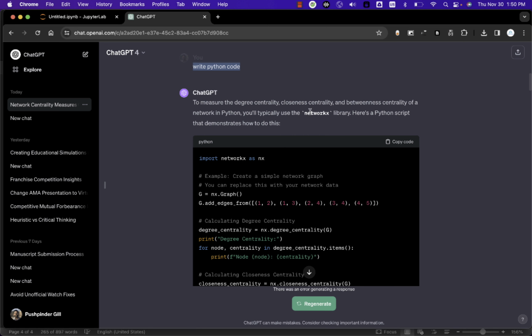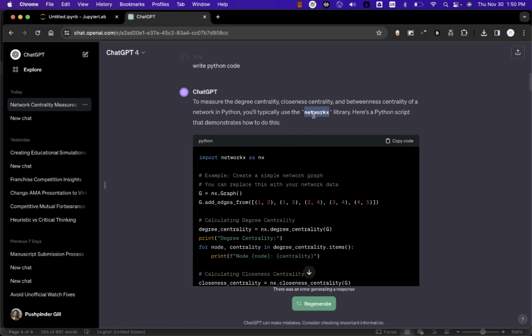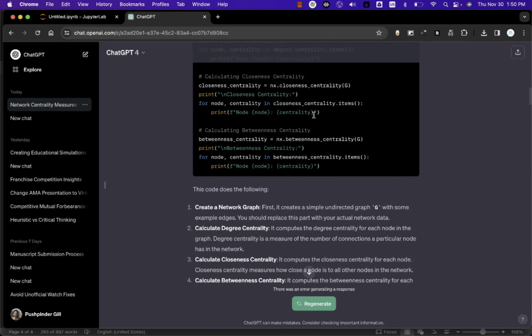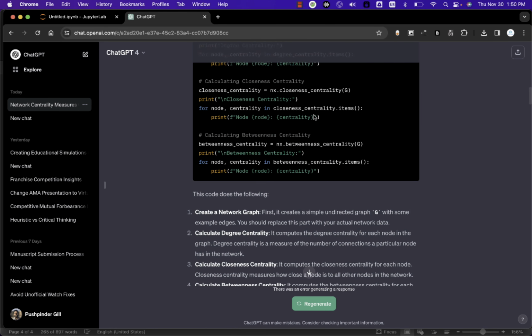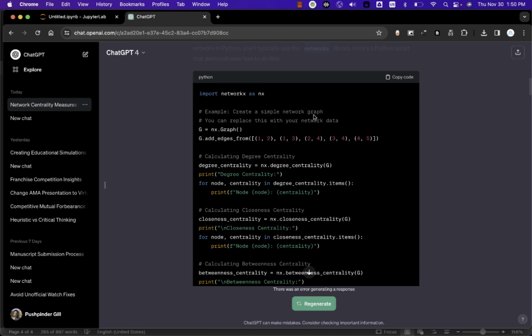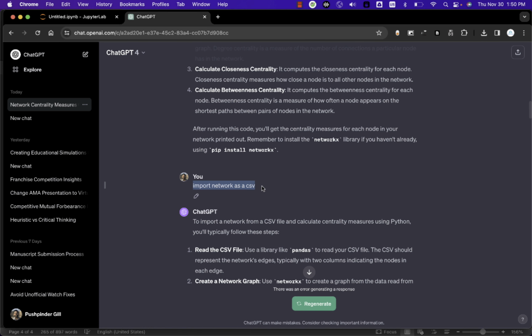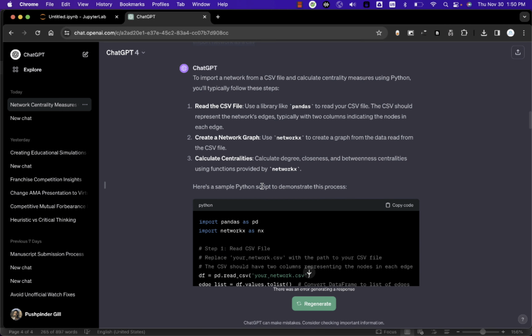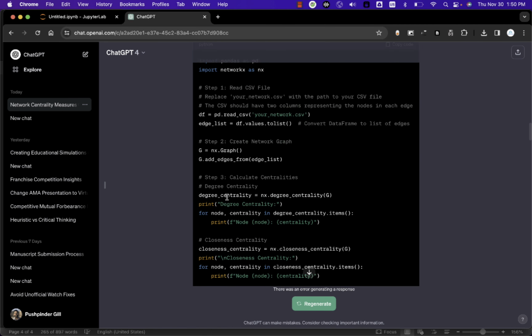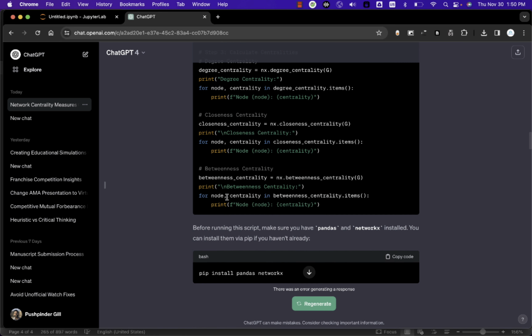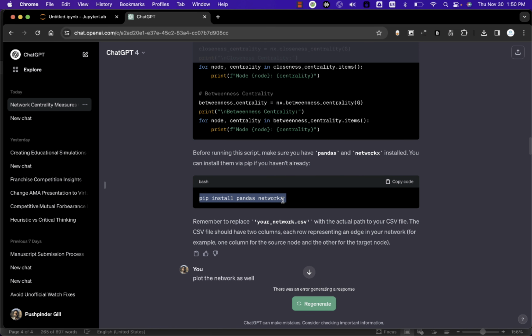Then it started writing the Python code for me. It says that this is the library that you will be using, and if you don't have access to this library, you should install it. So it gave me the code, but I saw that it actually started inputting its own data. So I told ChatGPT, okay, I want to import my own data as a CSV. It said, okay, you can do that. It actually updated the code for me here. Then it also told me that you should be installing these